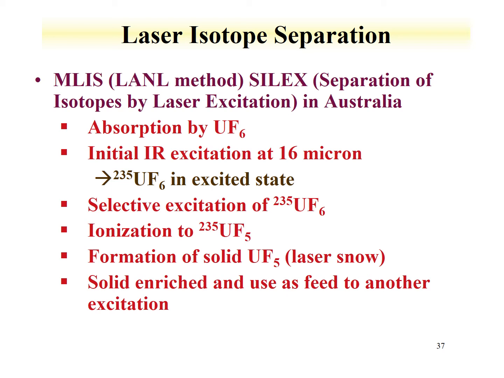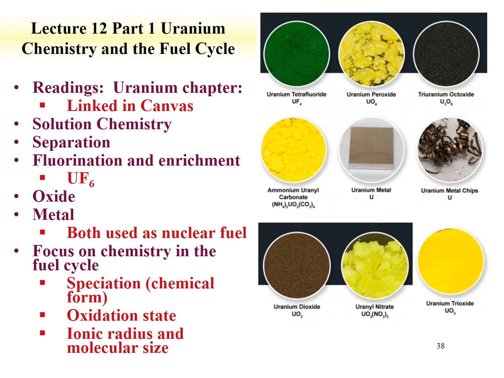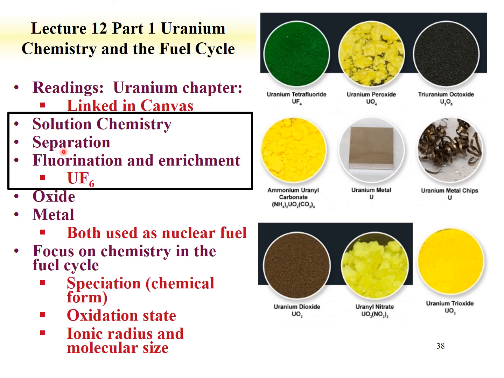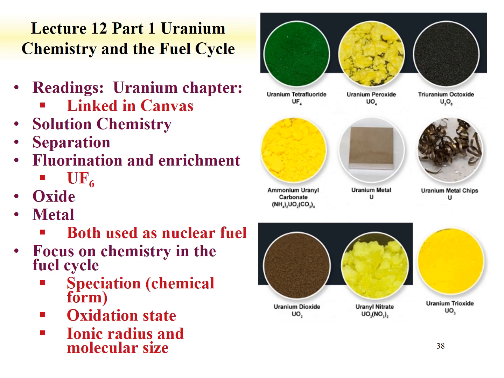Okay, this concludes the first part of the lecture on uranium and the nuclear fuel cycle. This concludes part 1 of the uranium chemistry and fuel cycle lecture. We explored the solution chemistry of uranium, talked about separations, then we ended the lecture with fluorination and enrichment. We went over a lot of details on the enrichment process, but you should understand the role that uranium hexafluoride plays in the enrichment process, how the enrichment process operates, fundamentally by exploiting the mass difference between the uranium-238 hexafluoride